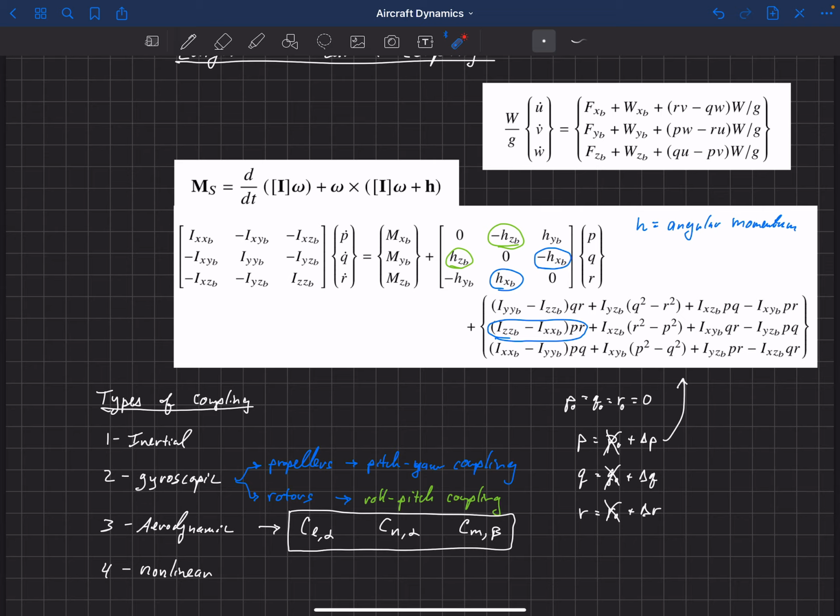Most of these involve flight simulation. If you just integrate these equations directly forward in time, you can include all of this information. But there are also other ways to still linearize these equations and capture some of these nonlinearities, some of these coupling terms, even in linearized equations. And in a future video, like I said, I'll go through that process.